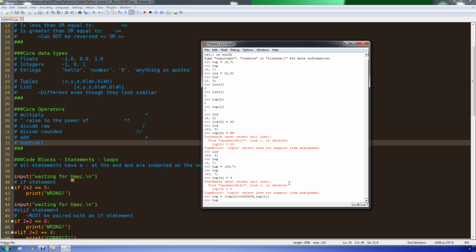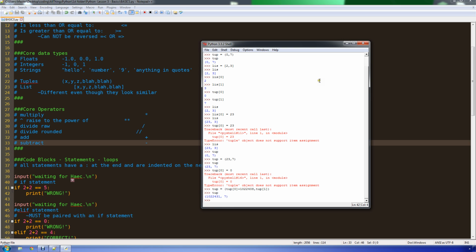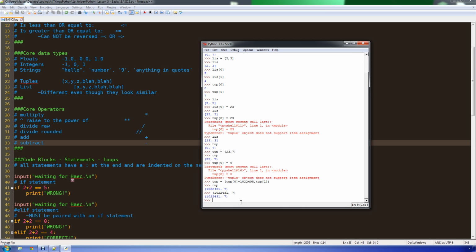And then when you print it next, it's added that stuff to it because you made a new tuple by item assignment with the old tuple,